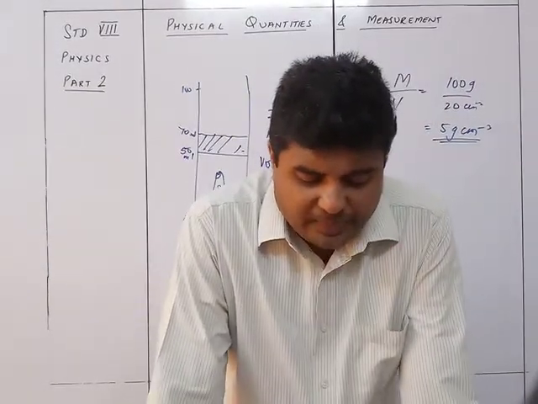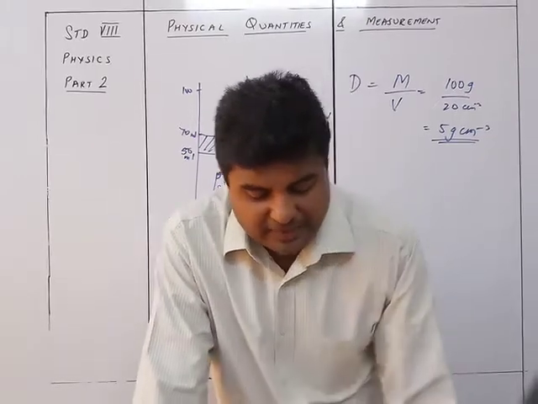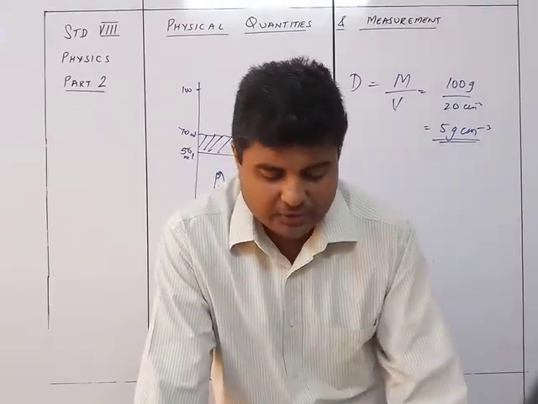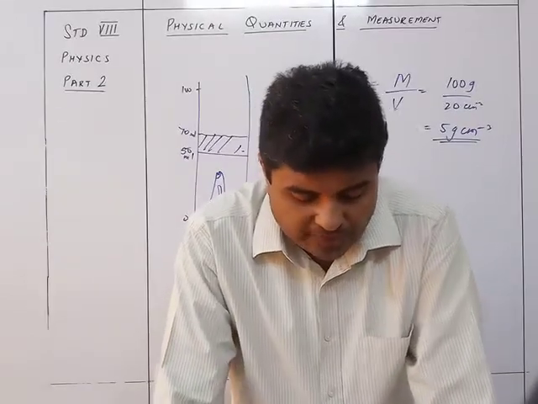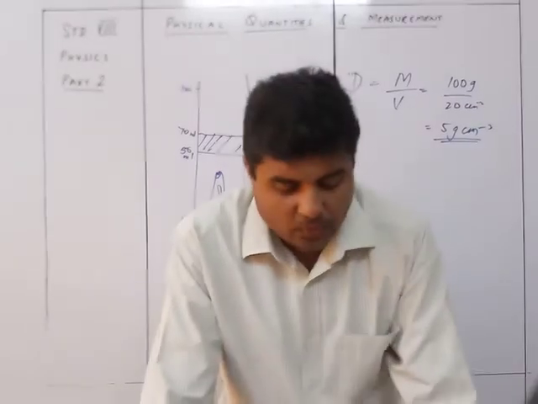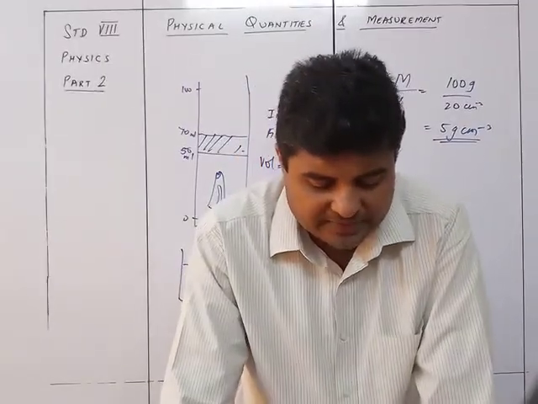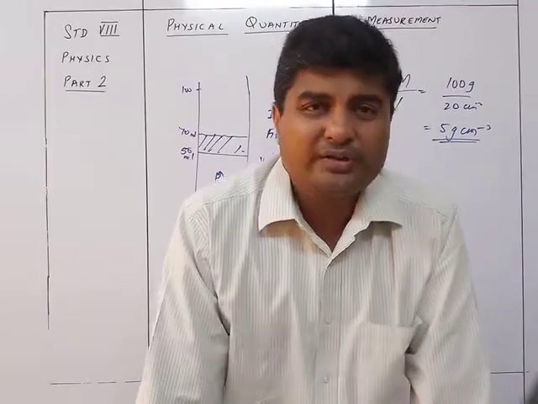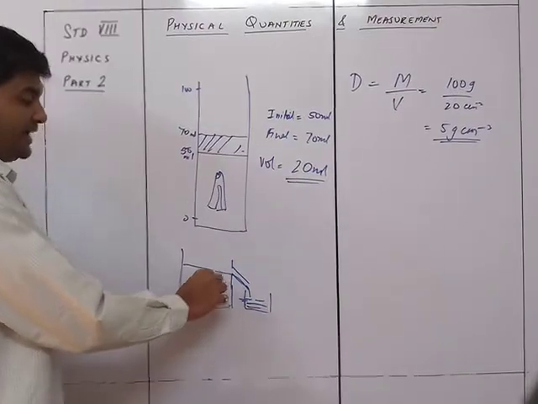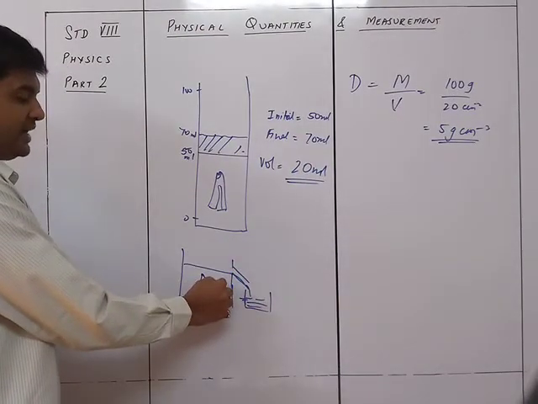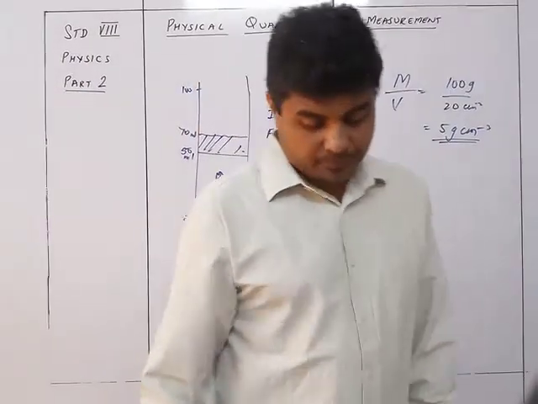Take a Eureka can, place the Eureka can on the table with a measuring cylinder under its spout as shown in the figure. Pour water into the can until it starts overflowing through the spout. When the water has stopped dripping, remove the measuring cylinder, empty it, dry it, and again place it under the spout. So basically, you want to see to it that when you are starting the experiment, even one drop of water more inside will be oozed out. So that will be the exact level we are talking about.